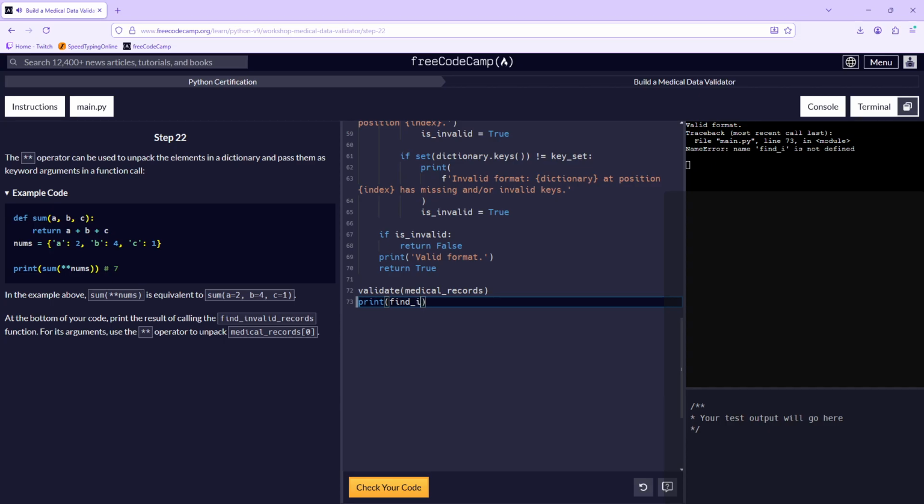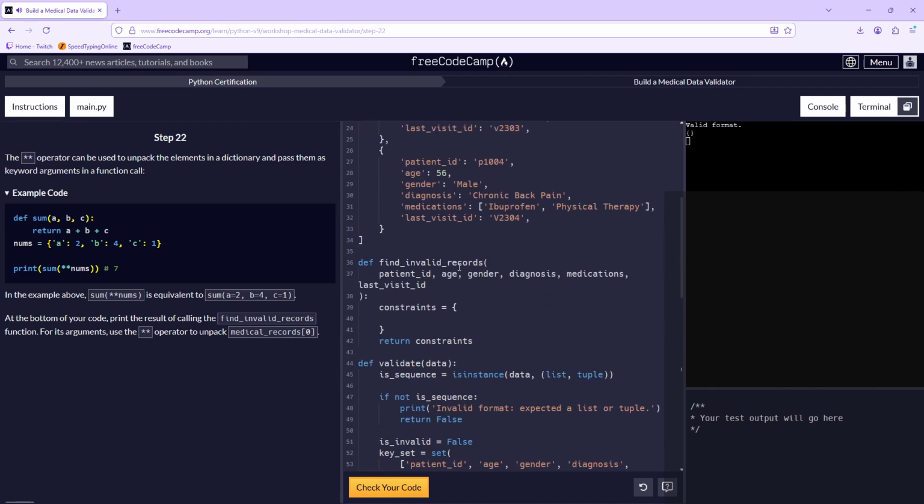Find invalid records, and for its argument, use the double star to unpack medical records index 0. Oops, that's not a 0.